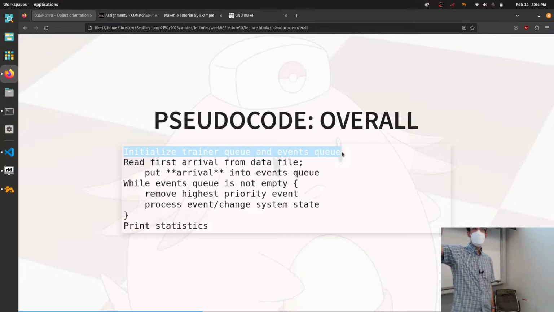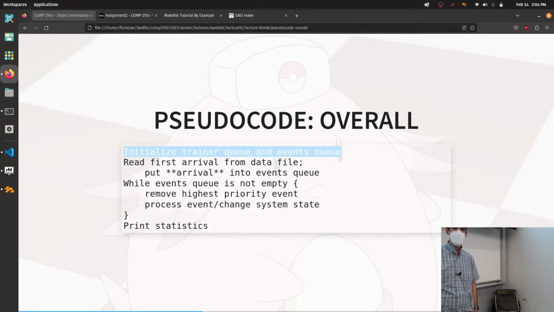queue. So I have 2 separate queues. One is the queue of trainers. This is empty to start. There are no trainers in my Pokemon Center at the beginning for the simulation that I want to run. If I want to try creating a simulation that's busy already, I would start by initializing this queue to a bunch of